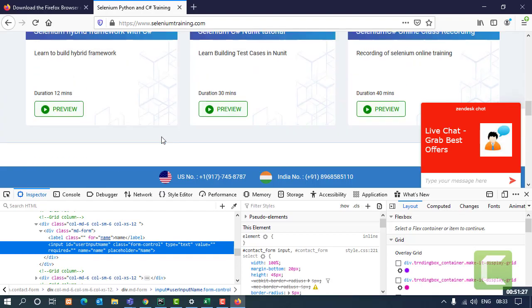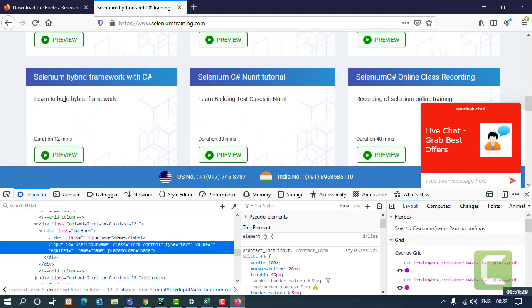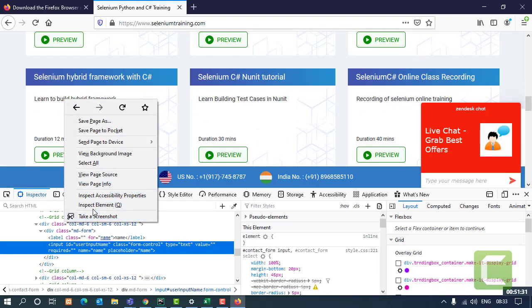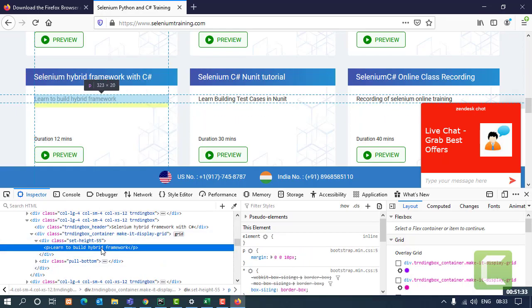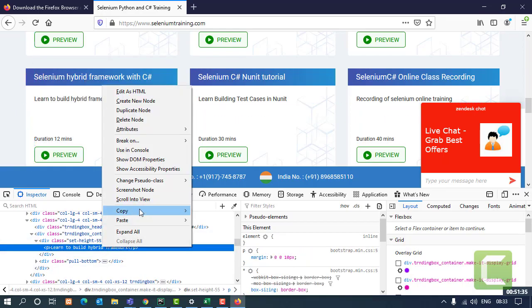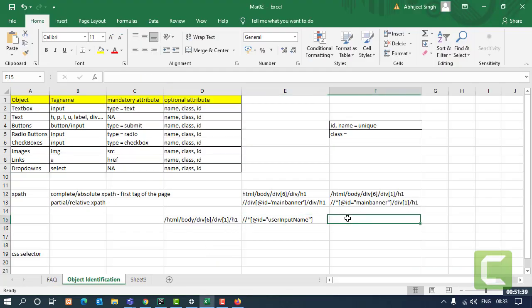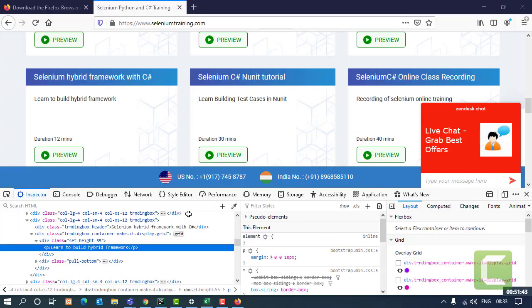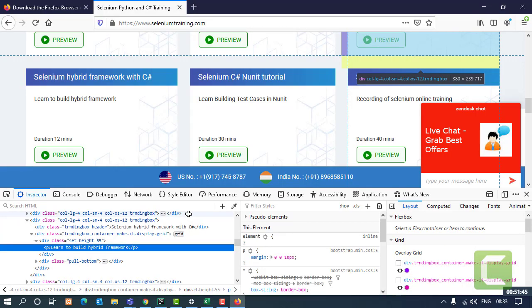If I look for some other element as well, let's say this one, learn to build, I inspect, it does not have an ID attribute. This time it will return me the complete XPath. Like this. Firefox automatically judges the condition of what to return. This is one thing about Firefox.